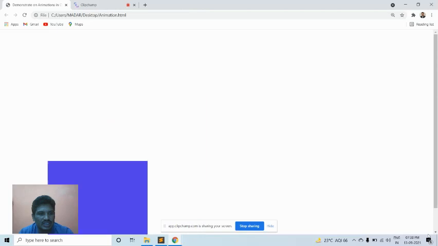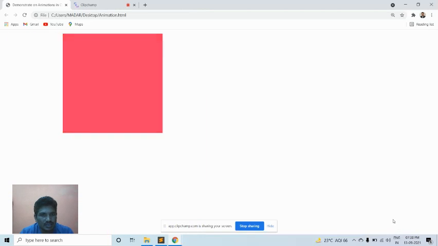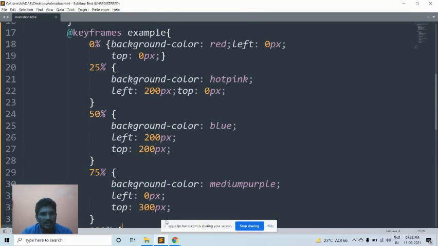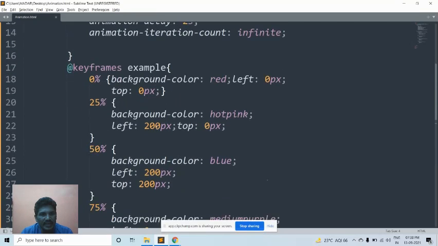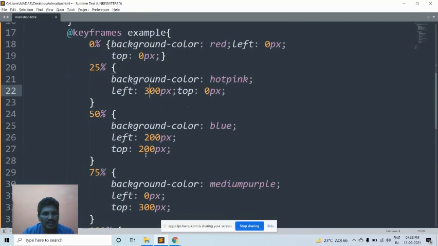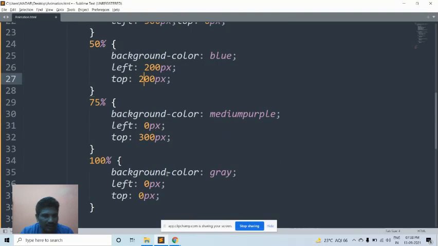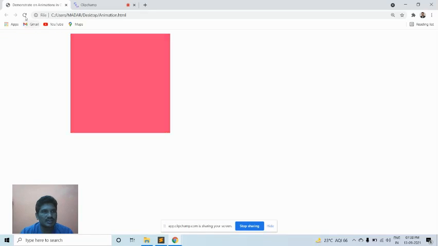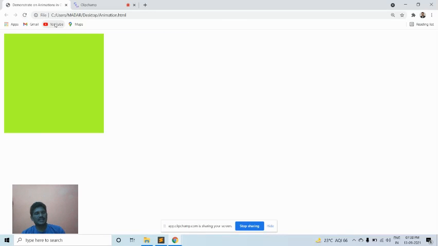It will come to a 300 bottom, and then something has to be different. Then here also, I change left to 300. For example, top 100, top 200, or 200 or 100, whatever it is. Then we check it once.